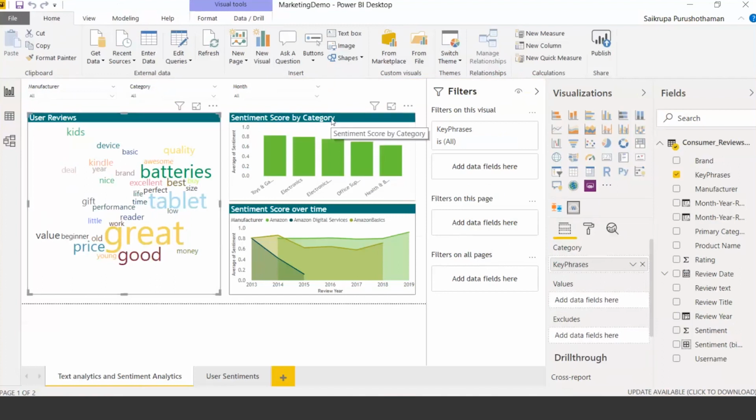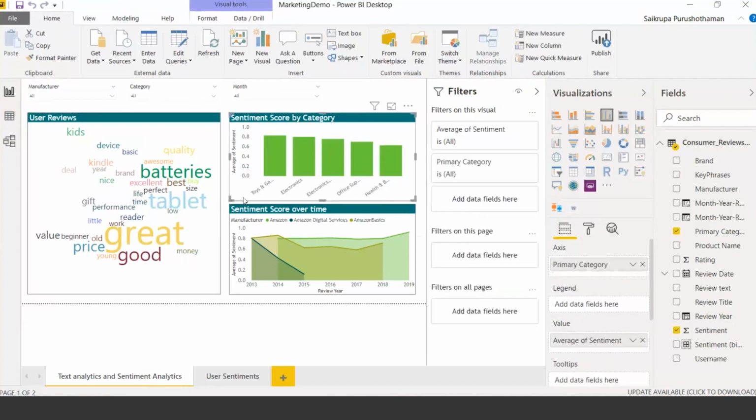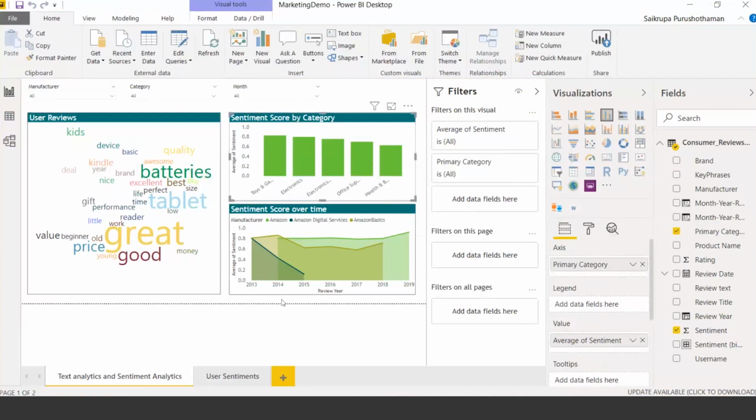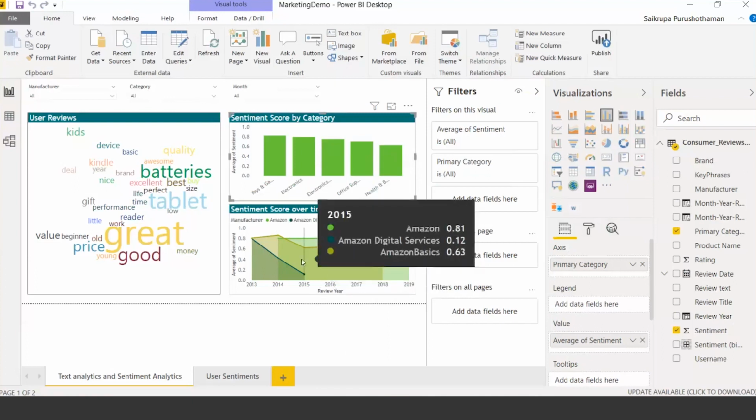On the other hand, sentiment is a number, so you could interpret it in multiple ways, and I'll show you some of the ways that we've interpreted it here. For the sentiment score, I've built a column chart using a category. That's just one of the simplest visuals that we can have. I've also represented the score over time against the manufacturer here. So I will know for a particular manufacturer how the review scores and the trend have been. For example, for Amazon Digital, the trend has gone downwards between 2013 and 15. So it gives you a clear picture, and you can drill down into more details as you add more details to your data feed.